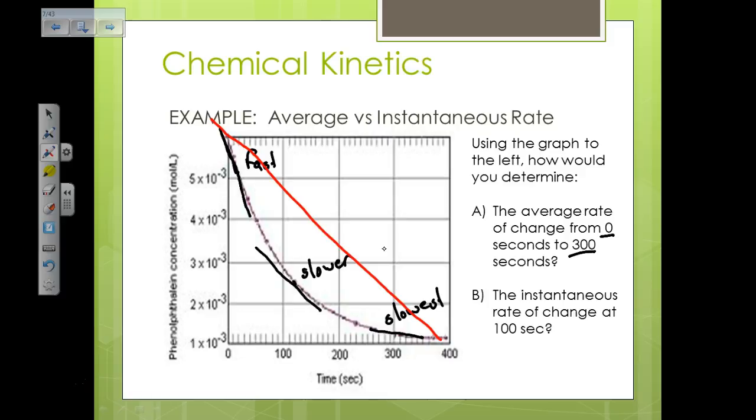I hope that explains the difference between average rate and instantaneous rate,